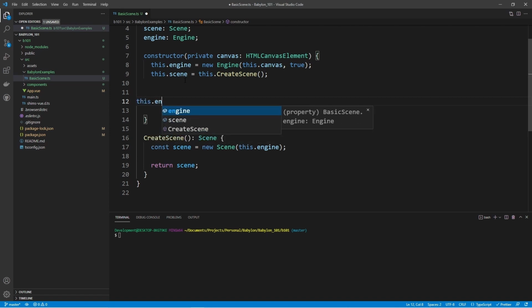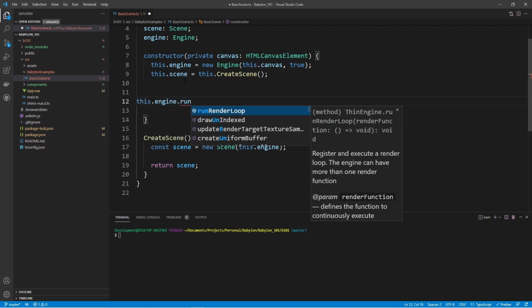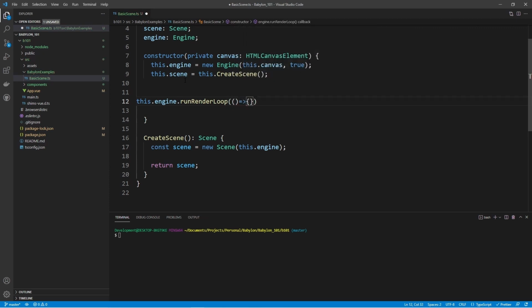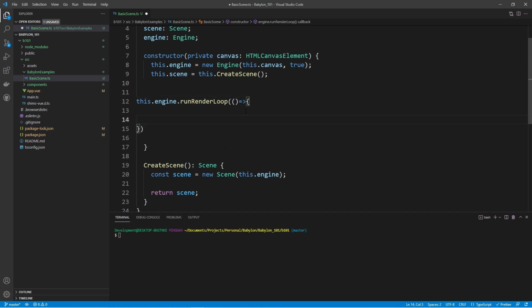So this.engine.runRenderLoop. This takes in a function. We're going to use an arrow function for this. And every time this runs through the loop, what do we want to do? Well, we want to render the scene. This is going to be important as we start working with things like animations or anything that moves. You want something to be constantly updated so we always get the freshest look of whatever we're rendering in that specific scene. So I'm going to say